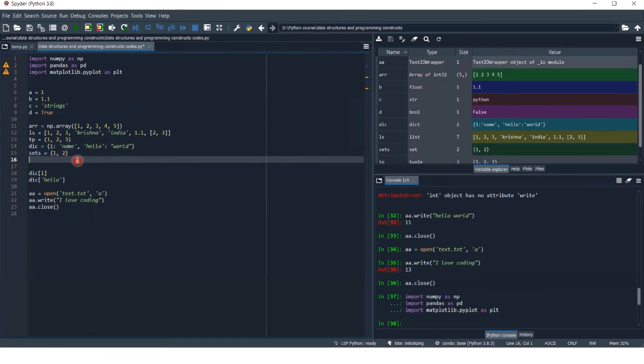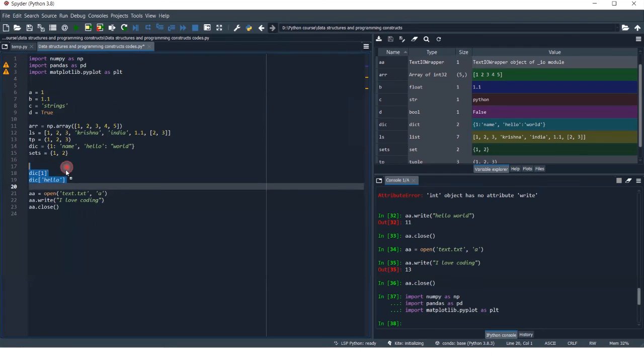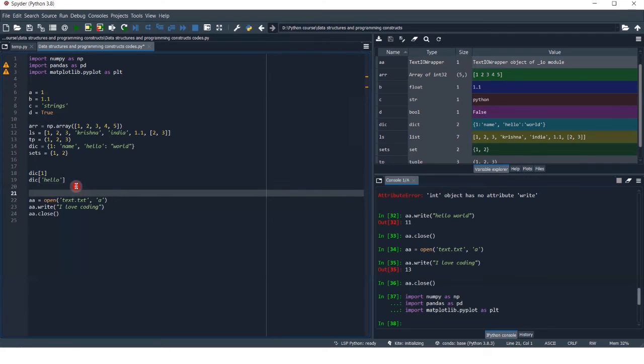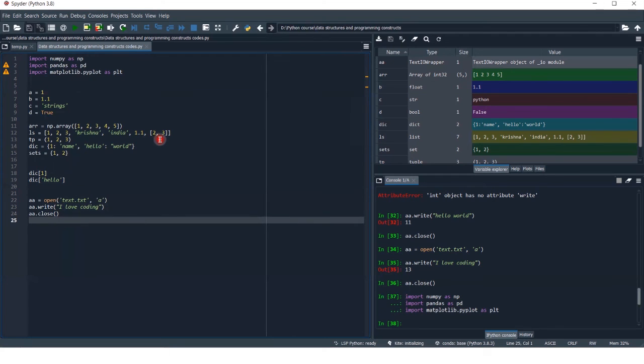Then if I want to use those variables, I write code for that. Like I write dictionary dict1 and dict hello, then I open this file, and I write on this file and close. So this is how you have to write code in such a manner that it looks professional. So that's all for today's session.